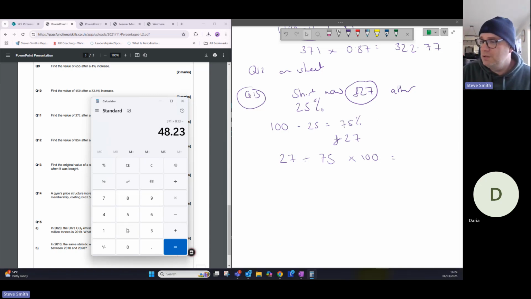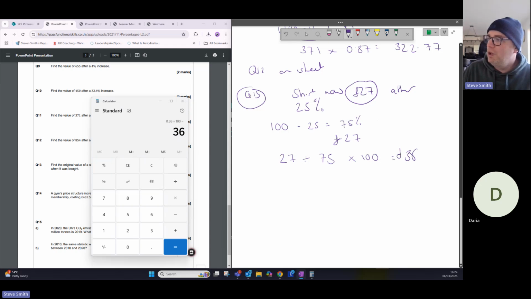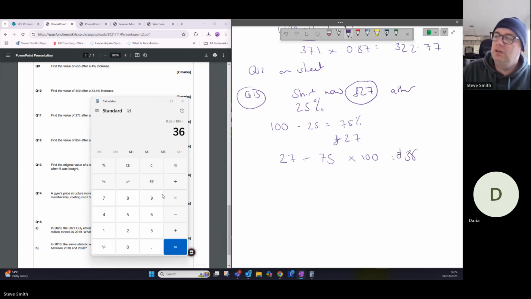So if we work it out like that, 27 divided by 75, we now know that one equal part is 36p, times by 100. And we can now see that that shirt cost us £36 to start with. If you want to check your workings, you could times that by 0.75 and get back to 27,